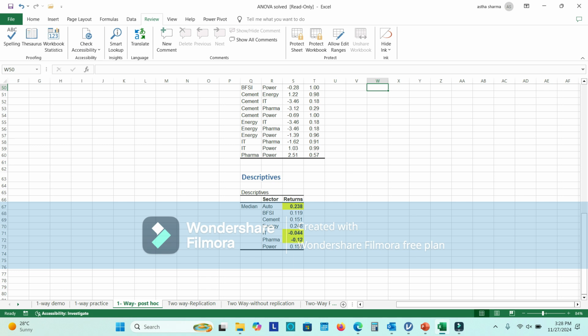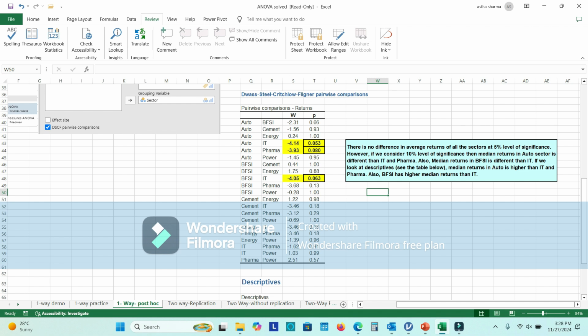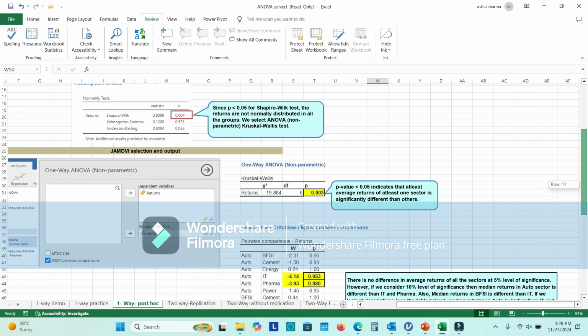Energy we cannot take, but compared to IT and pharma industry, the auto industry has higher return, and it is showing a significant difference in the data provided here. So at 10% level this is coming, but when we check it at 5% level,